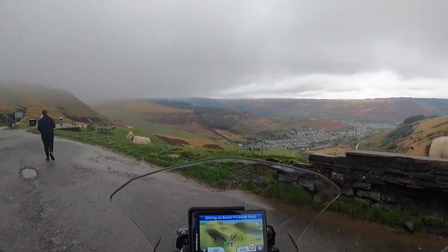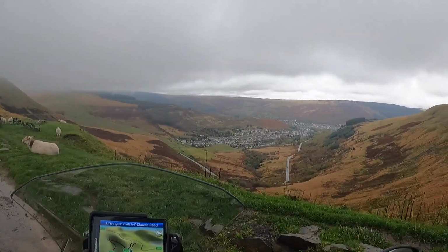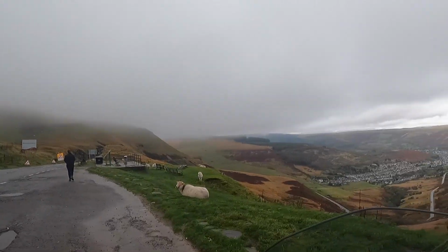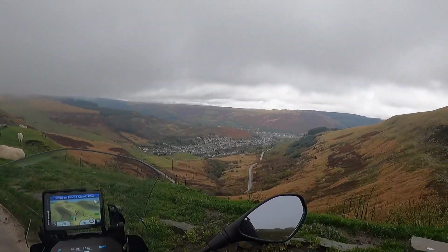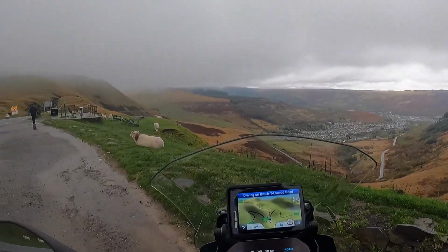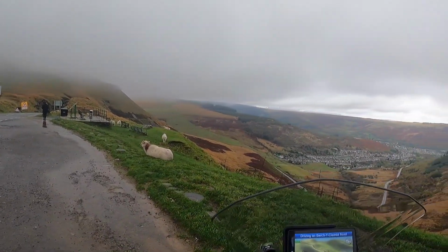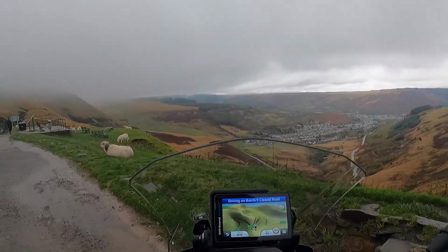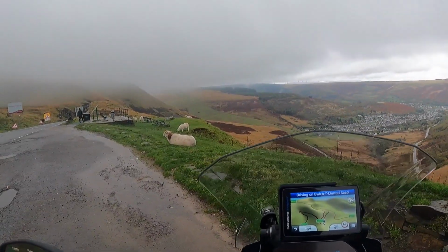This is the top of the book. Nice. Right, no coffee here, so I think we might go to the Rhigos, which is further up in the sunlight. So yeah, so